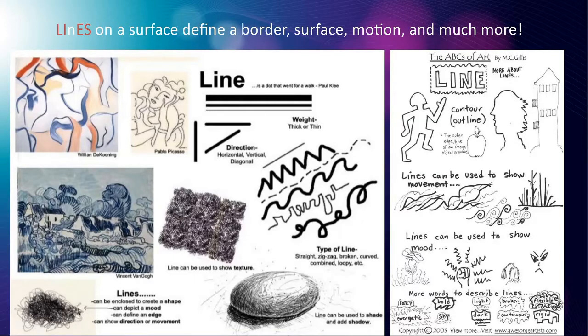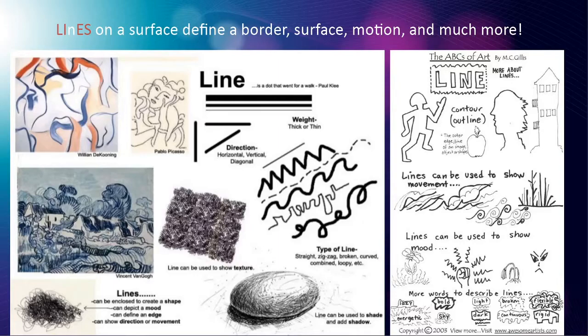You can also use lines to communicate texture. There's a block of texture in the middle there. I don't know what that is. Is it rocks? Is it a carpet, a rug, or some kind of fur, or a close-up of skin? I don't know. Vincent van Gogh effectively uses lines here. He has different weights of line and different curves to the line, squiggles and stuff. And then you magically get a sense of a little village with the forest and bushes and fields, and maybe there's a path in there somewhere. And that's the magic of lines.